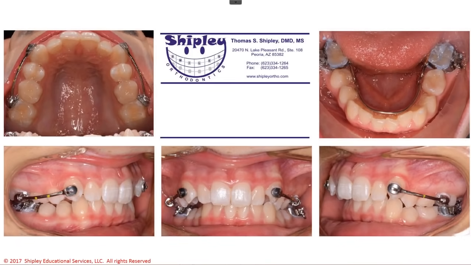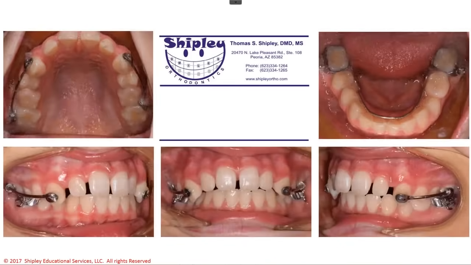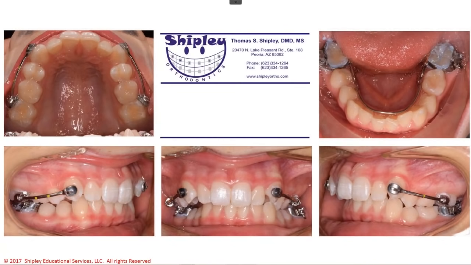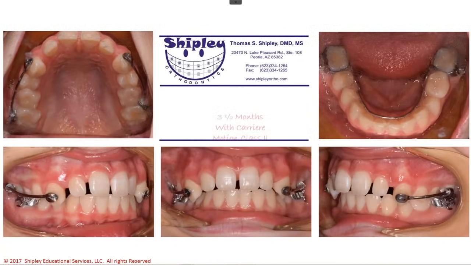So we start with the motion device. 3.5 months later, we're able to go from the half to full-step class 2. In 3.5 months, we developed a class 1 platform using elastics with the class 2 motion device. Now, what I decided to do on this patient was to go ahead and do an intraoral scan this day